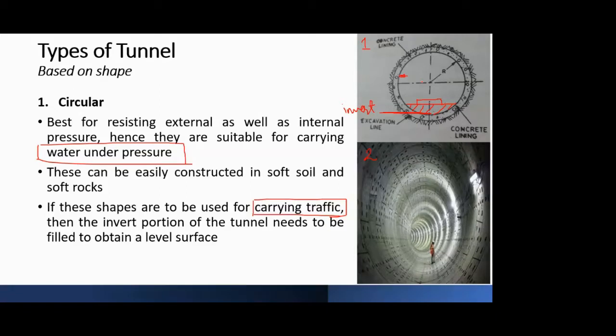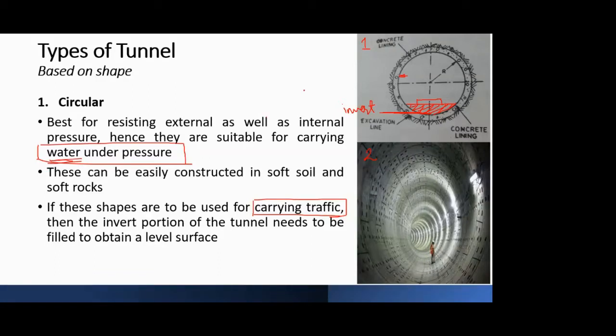So considering all that, and also considering that if you are providing a circular shape, then you have to sacrifice some of the diameter in this process of filling the invert. So according to that, you have to design the tunnel. Now the circular tunnel, though I said that it is best in